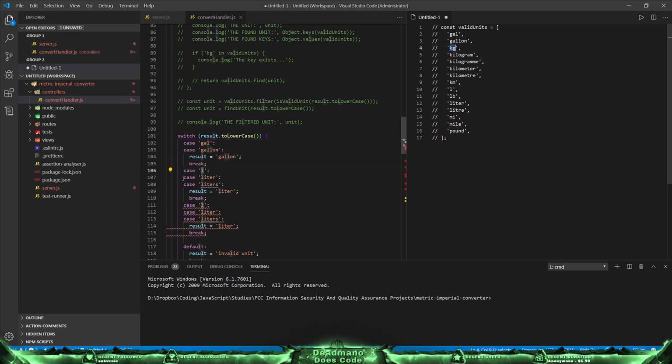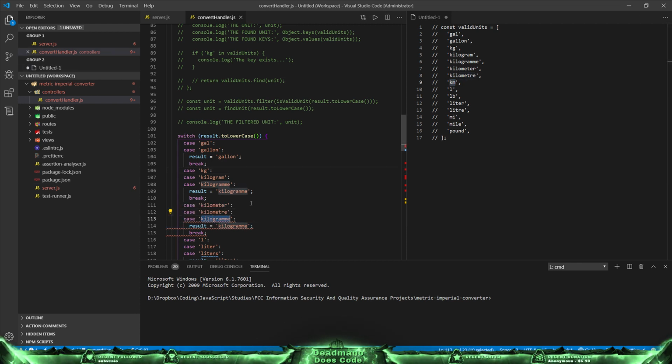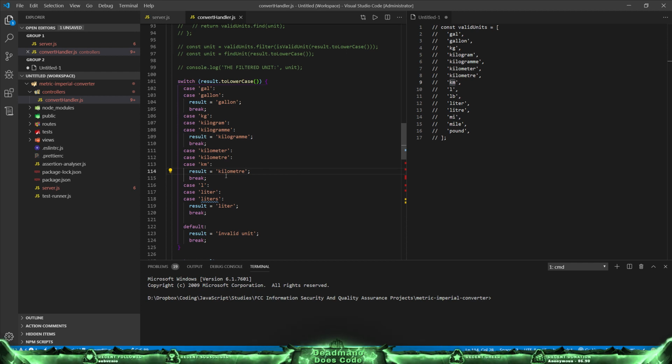So we need kg, kilogram, or kilogram. These are one of the accepted types, and it will return that. And then after that is kilometers. So kilometer or km, and we are returning kilometer, and then it's liters,